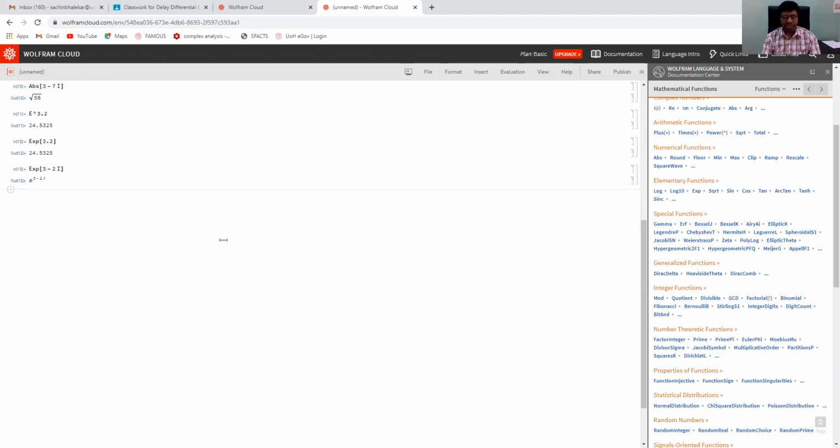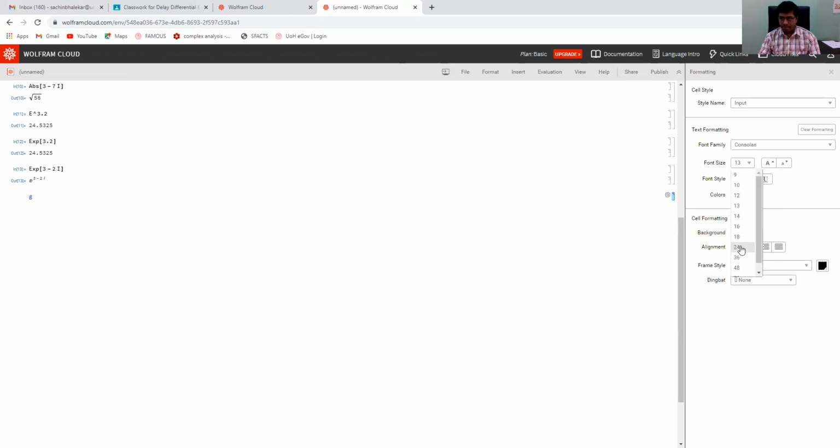Let us take function g. I am using three input variables, say x underscore, y underscore, z underscore. Don't forget to put underscore after your independent variable. Then equal to. Once you put equal to, the color will be green.